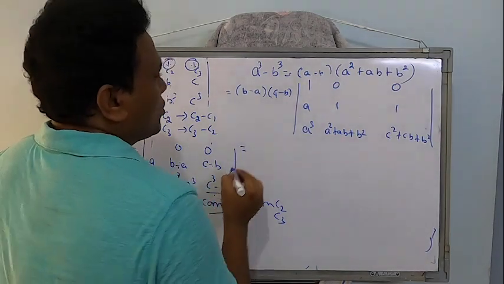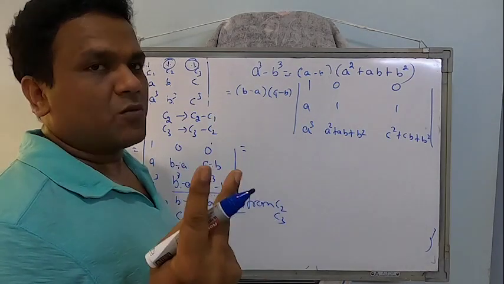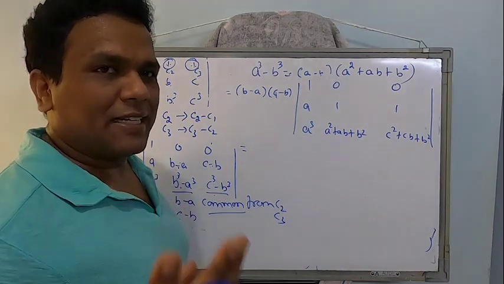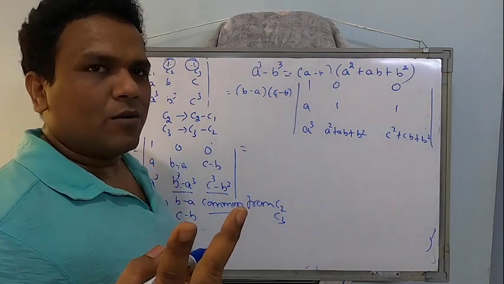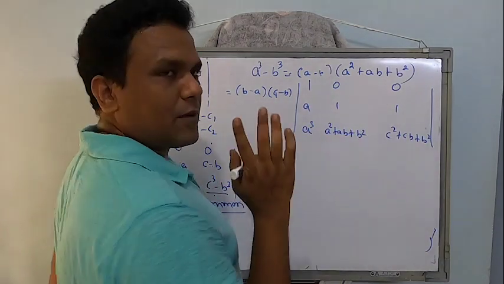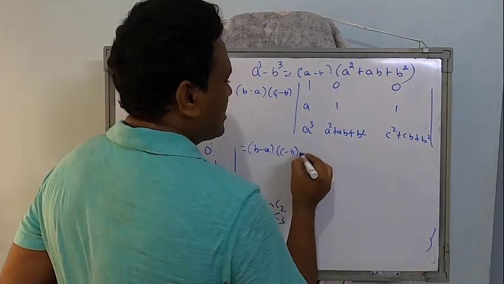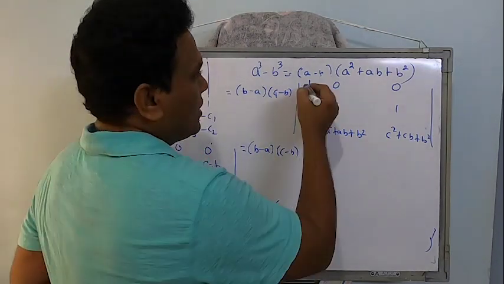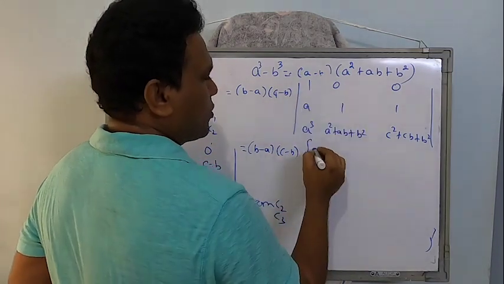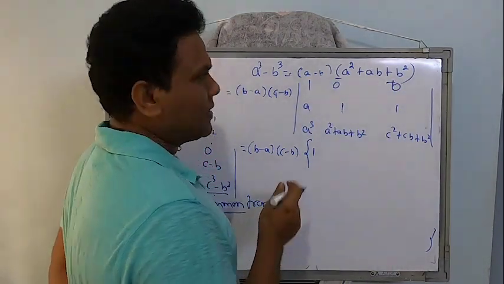Clear? So let's continue. We saw there were 3 ones, and 2 ones were made 0. It's been done. Okay, now the next thing is expand. Just 3 steps: make 2 ones as 0, take common and expand. Now the rest is the expansion of this. So I already have B minus A, I already have C minus B. The rest is expansion. The expansion is done only for the first element. So only for this, because these 2 elements are 0, no need to expand these 2. So for 1,